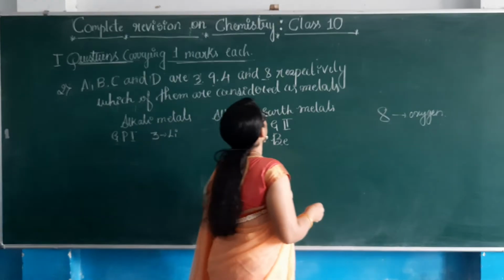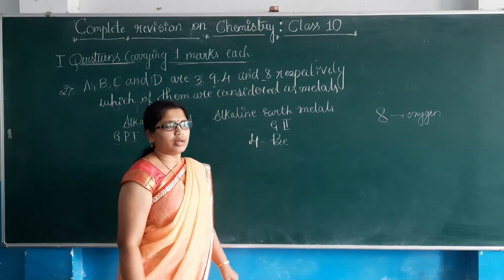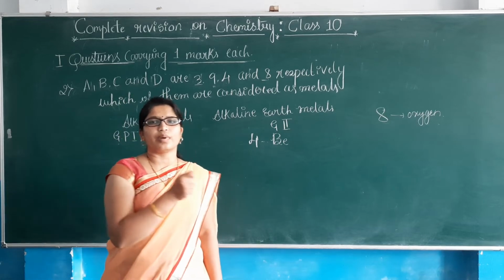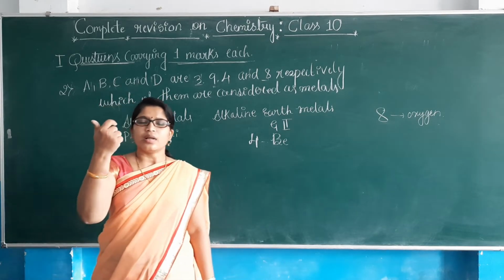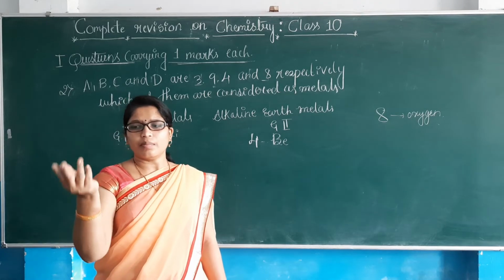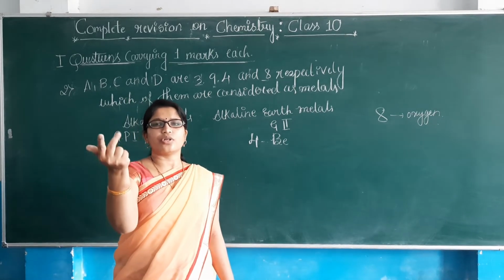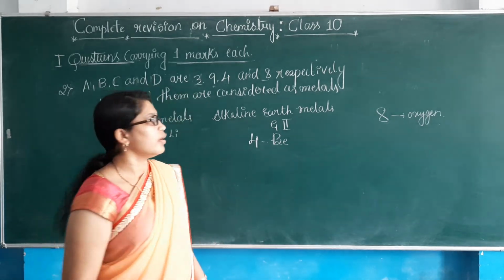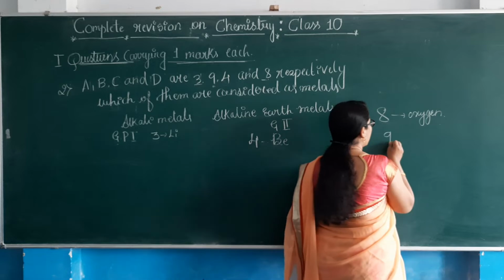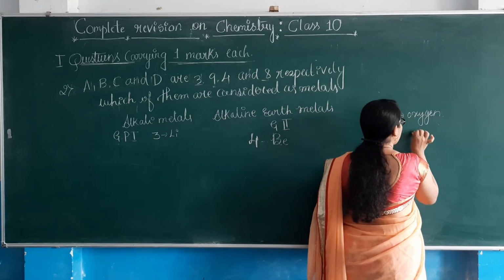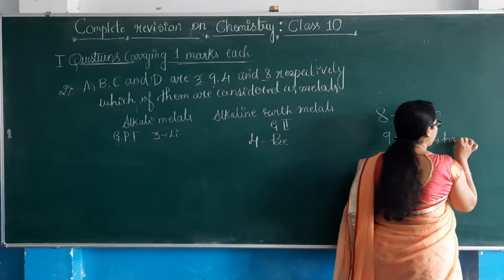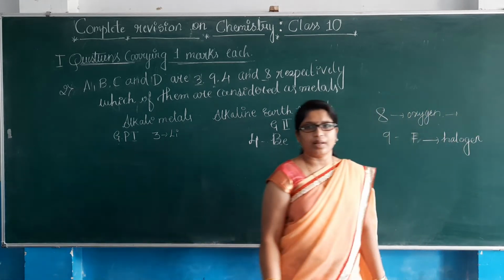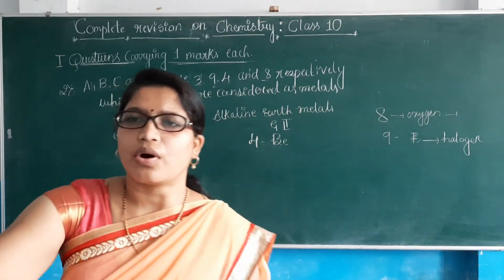So next, what do I have here? Atomic number 9. So 8 is oxygen. The element coming after oxygen is atomic number 9. Which one? Again hydrogen, helium, lithium, beryllium, boron, carbon, nitrogen, oxygen, fluorine. So in this way you have to remember, fluorine is the element with atomic number 9. Fluorine will come under the halogen family. We know this one. Whereas oxygen comes under the oxygen family.